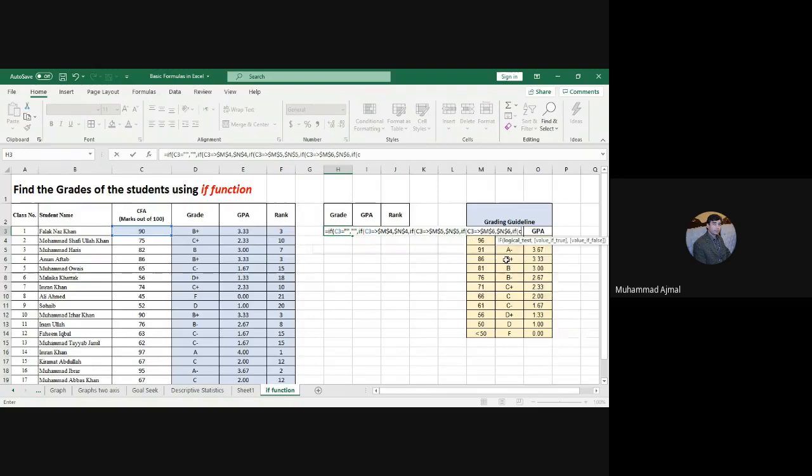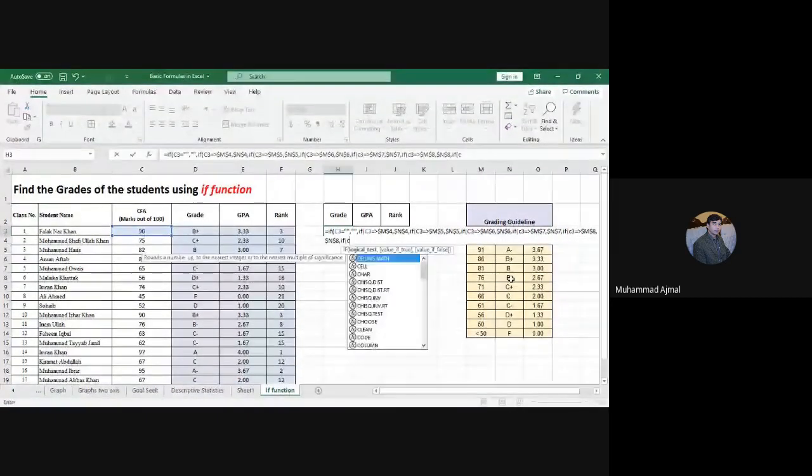ये continuation में C3 में manual भी लिख सकता हूं, equal to greater than, next हमारा 81 जहां पे लिखा है उसको refer कर लो और fix कर लो, comma, और उसके साथ grade मुझे ये देना है और उसको fix कर दो, again comma, start another loop IF C3 is equal to, C3 में यहाँ पे मेरे मार्क्स हैं, उसको again I am referring, ये है fix it from keyboard, comma, तो मुझे grade फिर भी minus देना है, and fix it, comma again IF loop start कर लो, C3